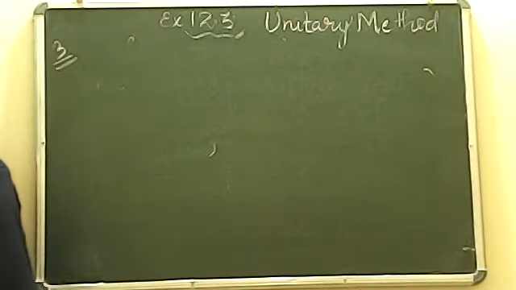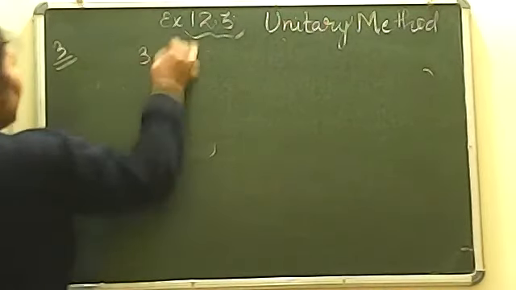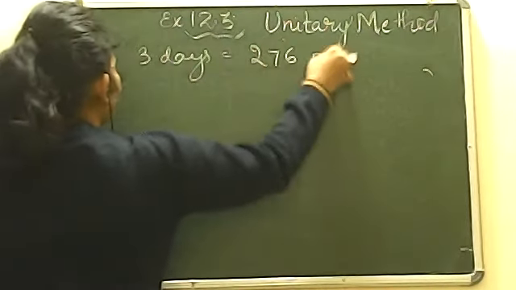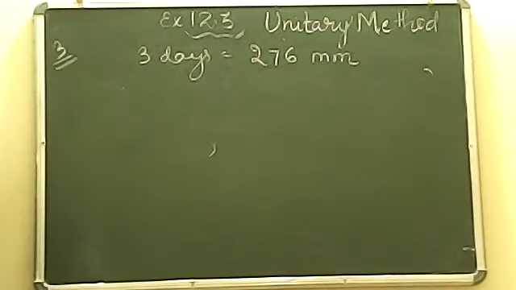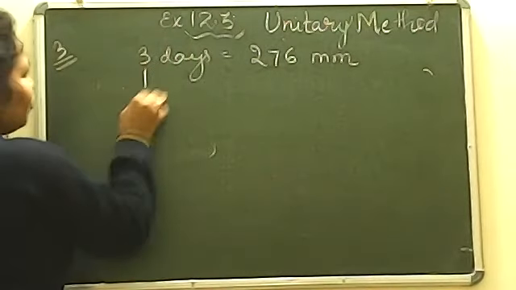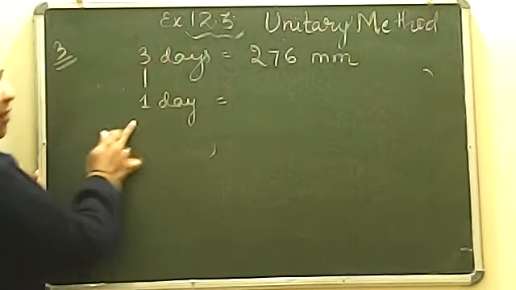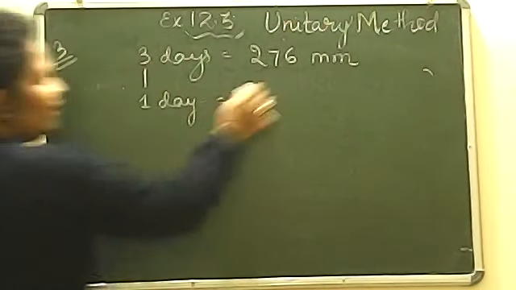It has rained 276 millimeter in last 3 days, means in 3 days raining happened for 276 mm. Okay, then it is telling how many centimeter of rain will fall in 1 full week. 1 full week का मतलब होता है बेटा 7 days. ठीक है. So but question is given for 3 days. So 3 days से first we will find out for 1 day. Okay. So now you are knowing it was given 3. We are finding for 1. It means we will do it division.